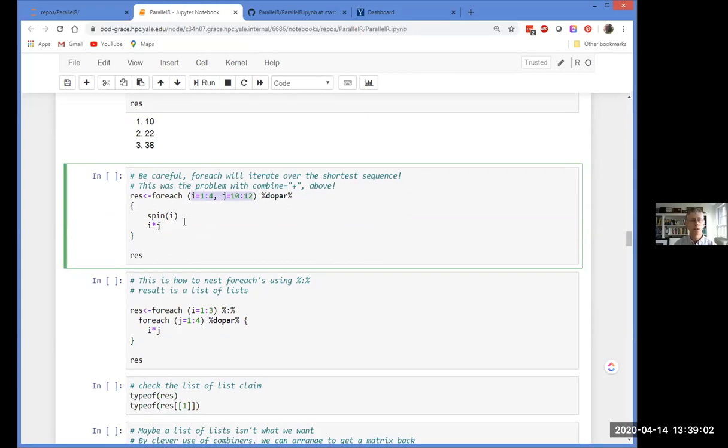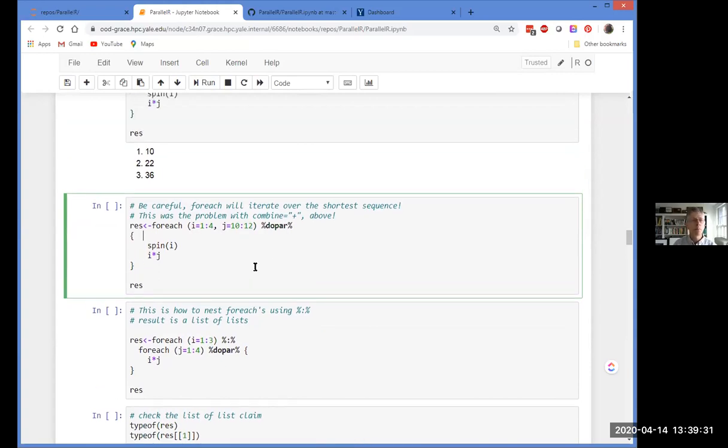And so in this case, the i equals 4 iteration will never happen, because j only has 3 elements and i has 4 elements. Any questions about that so far, about how this works? Okay.